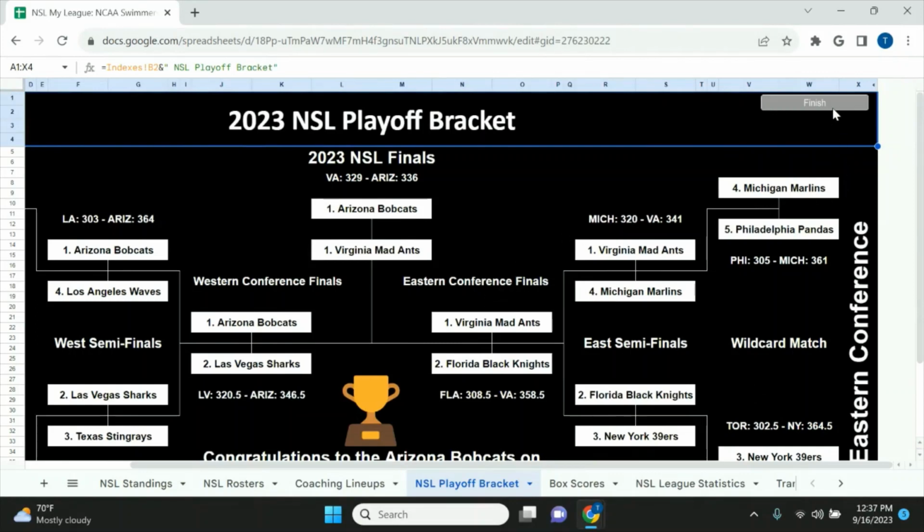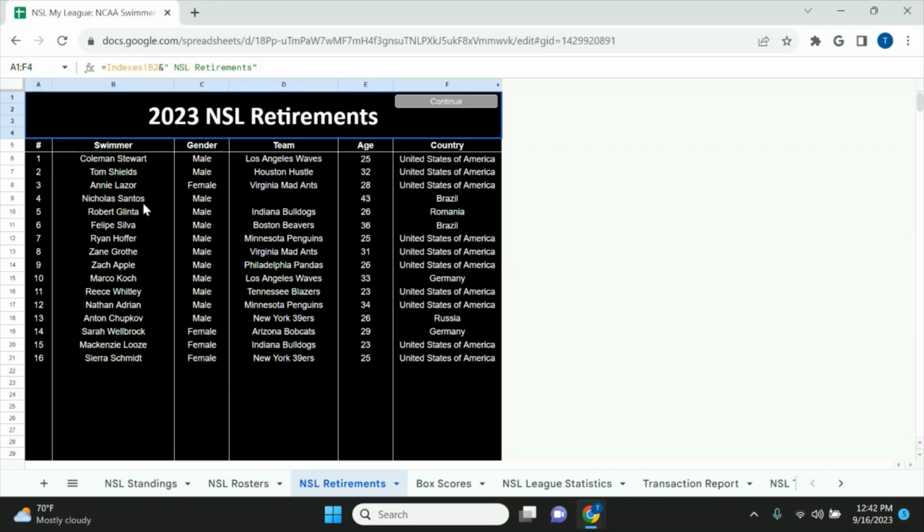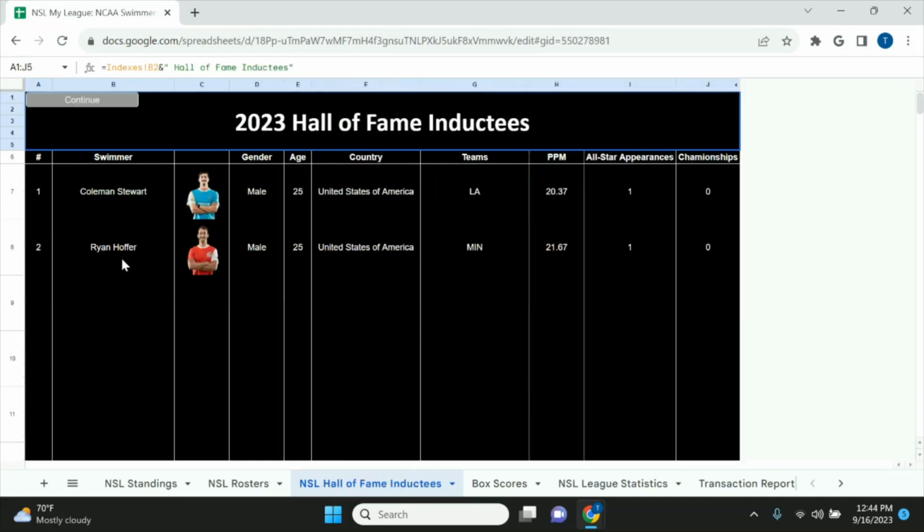if I can try to upgrade this roster. So after the 2023 season, a couple of big names retire: Coleman Stewart, Tom Shields, Andy Lacer, who is on our team, retires along with Zane Grothe. Those are some of the big names that retired. Looking at the Hall of Fame inductees, Coleman Stewart and Ryan Hoffer, two NCAA prime swimmers, make it to